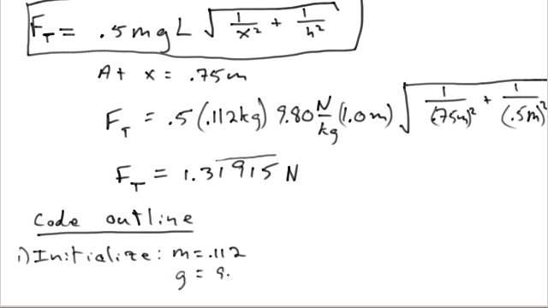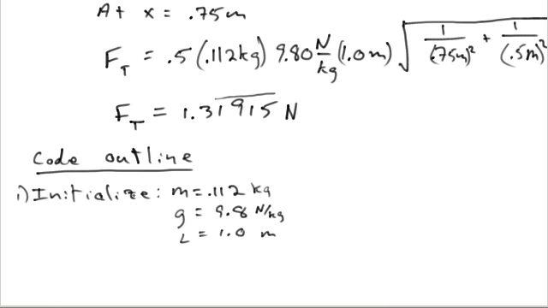G equals 9.8. L equals 1.0 meters. I'll go ahead and put down the units, even though they're not going to appear in the code: meter, and then X and H. I guess H equals 0.5 meters, but X will go,